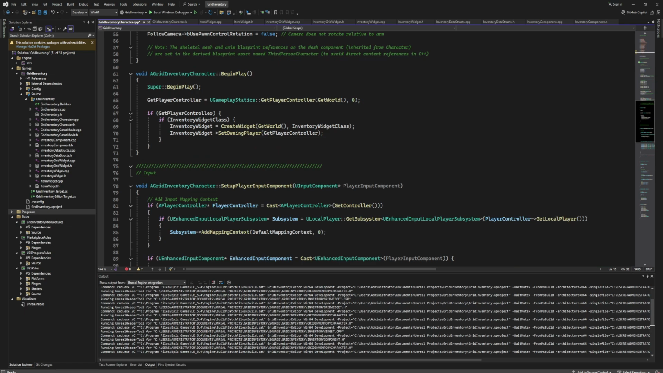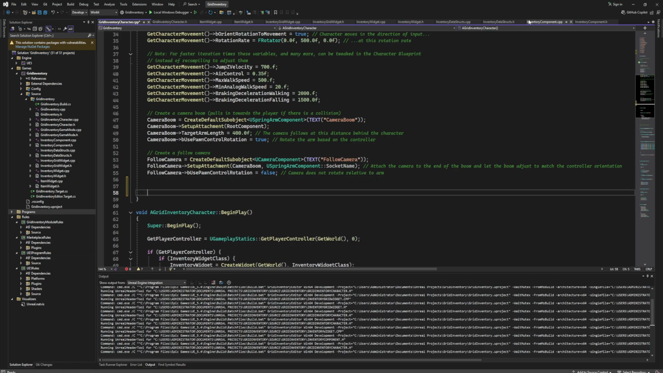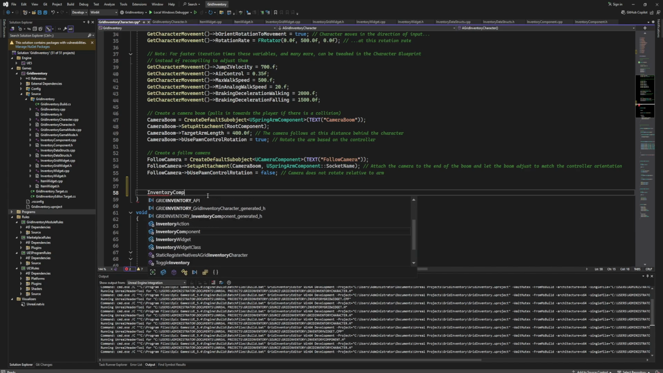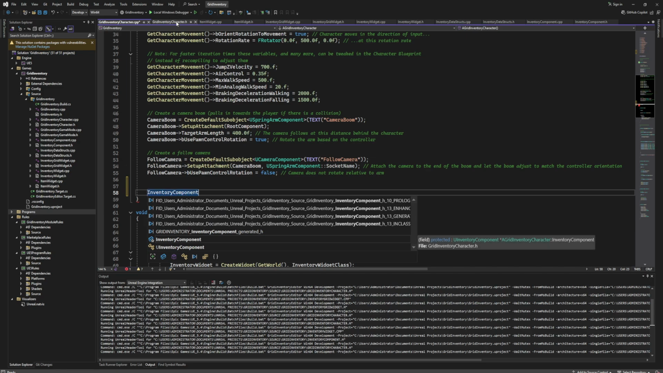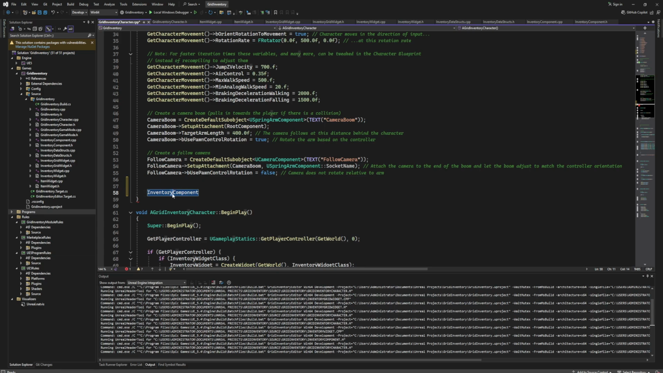Let me see in my other project what we need to do. The thing that we need to do now is attach our inventory component to our third-person character. So type inventory component, the variable that we declared previously, which is holding the class reference of our inventory component class. So just type inventory component